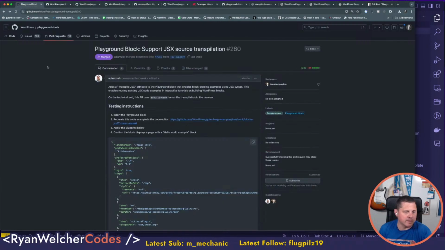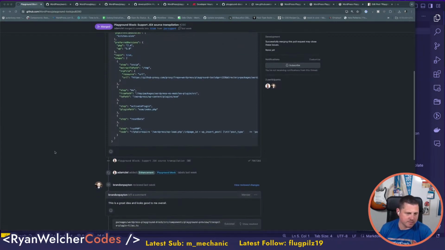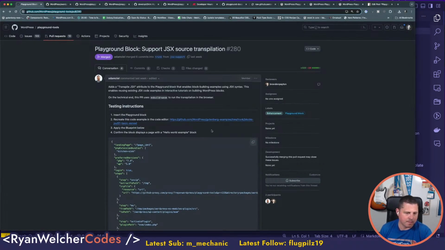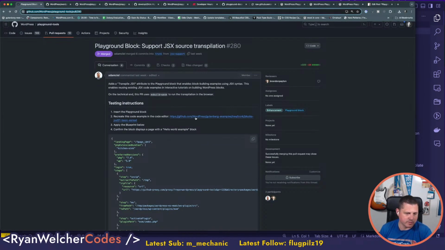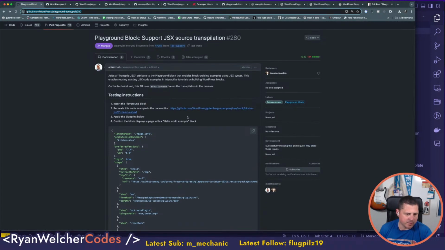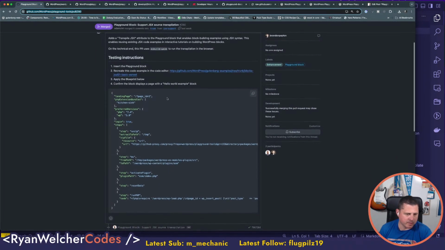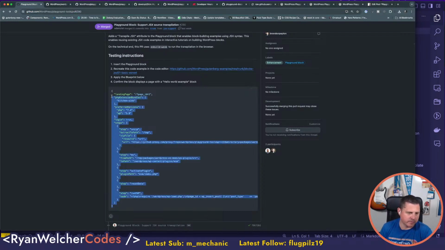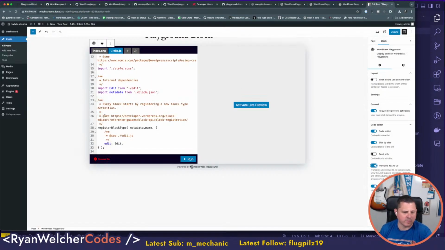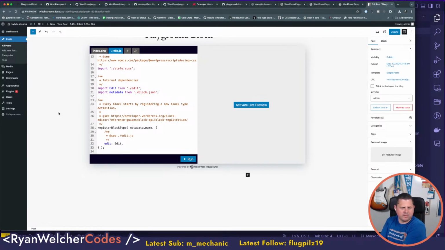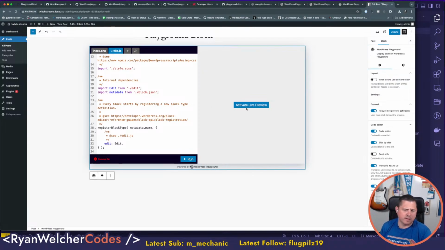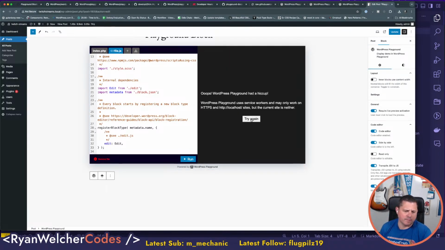And I've got, here we go, this is the pull request to do that. So it requires setting up some dealios, right? Insert the playground block, recreate this code example in the editor, apply the blueprint below, confirm the block. Okay, so we can do this. This isn't going to work locally. Is it going to work locally? Oh, the live preview won't work. Yeah. Okay, so